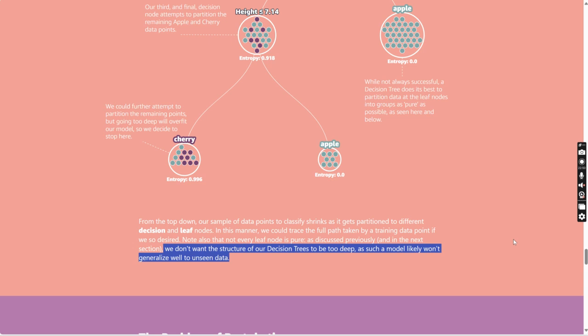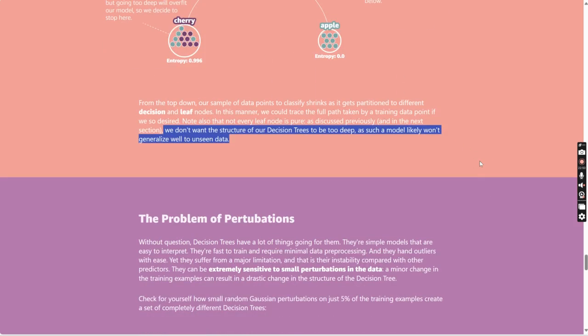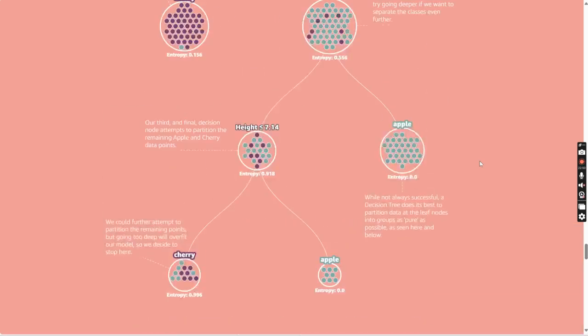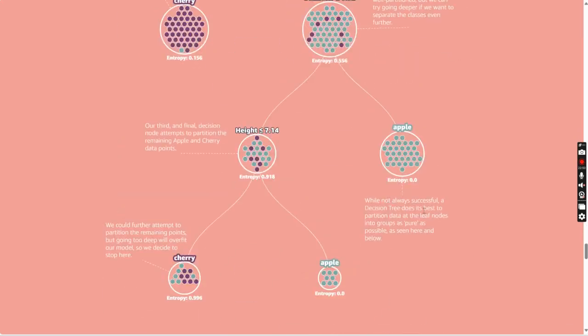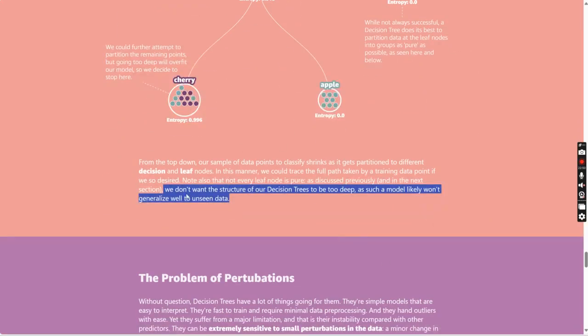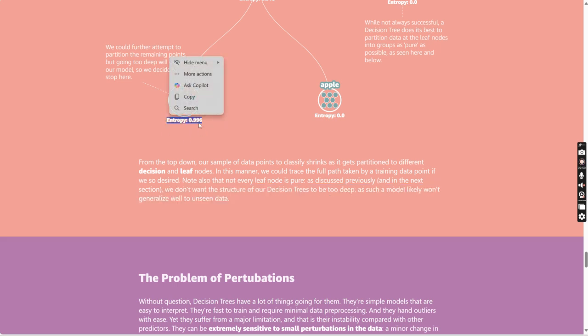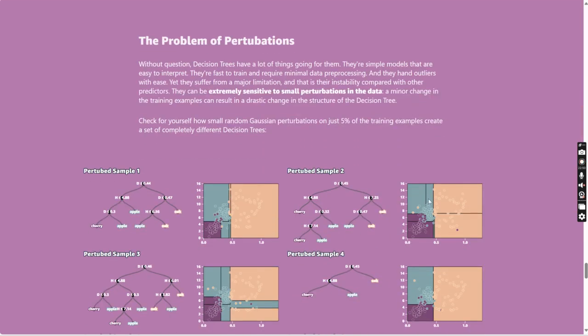If we bring new data of cherry trees and oak trees and all these apple trees, it may not generalize well. Okay, that is another problem with this entropy, another problem with decision trees. Why? Because the entropy reached here is high. Okay, so this is what we were discussing. Another small disadvantage of decision trees,